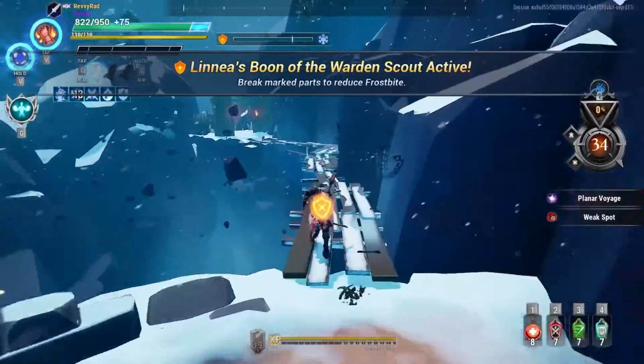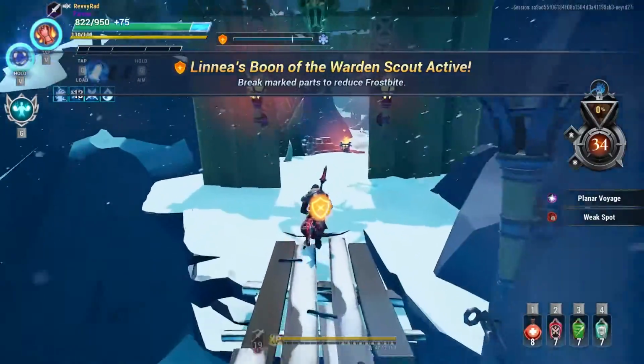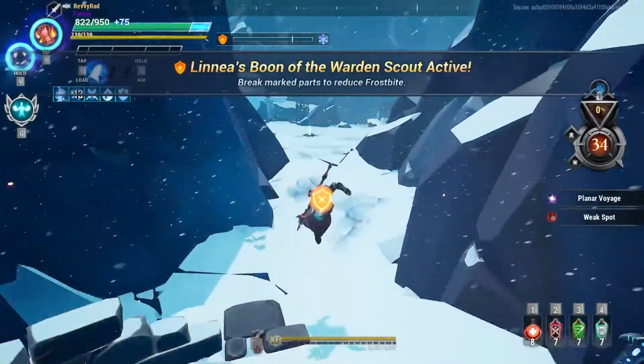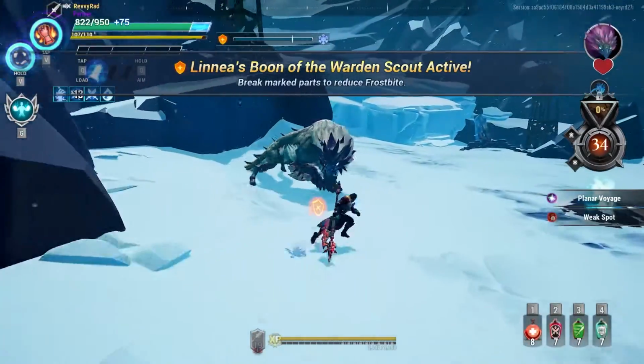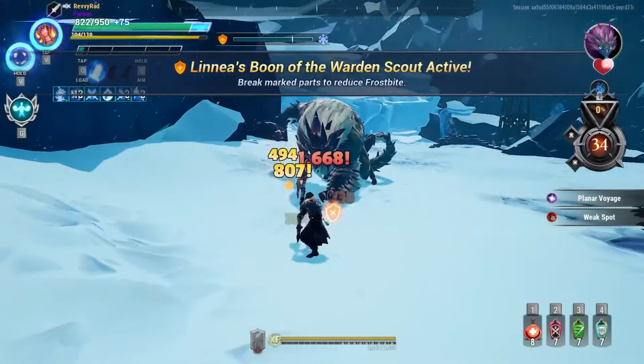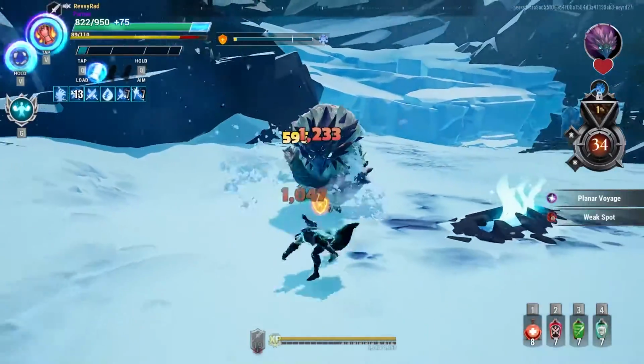In my case, it's wounding, and anytime I wound, it will lower the frostbite gauge. A lot of people don't like Frost escalation because of frostbite, but I actually enjoy it. I think it's a nice spin. I'm gonna go ahead and